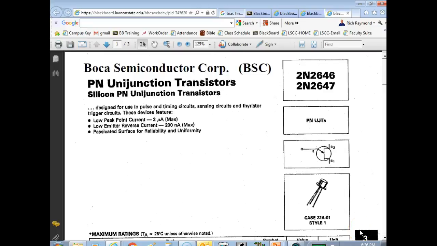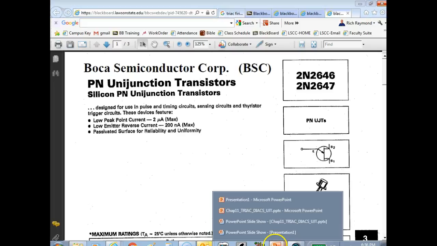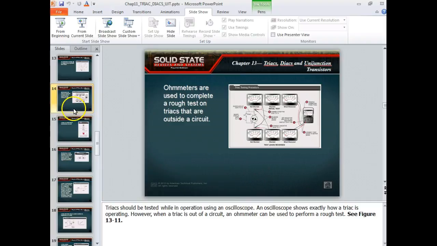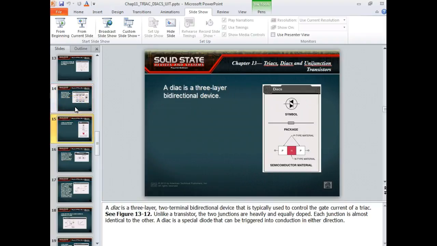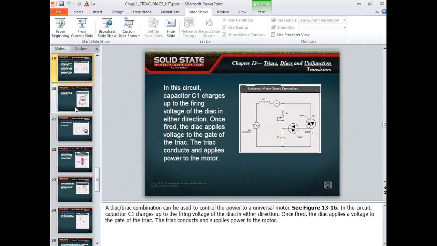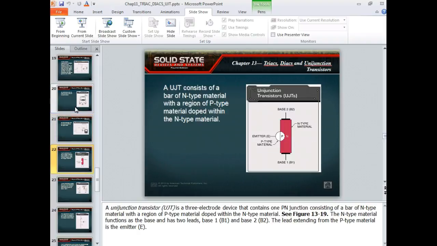But normally they use this to fire an SCR, which is pretty neat. So guys, I believe that's about all we're going to talk about this semester. And the book does a pretty good job on this too. Triac, diac, and then